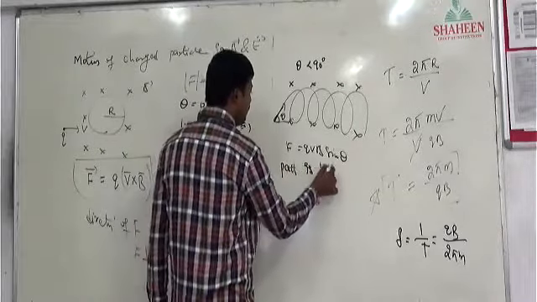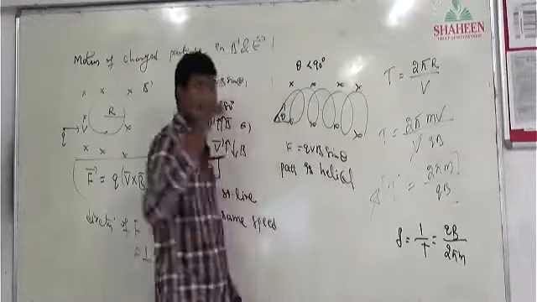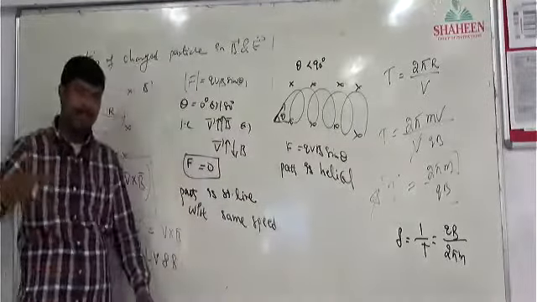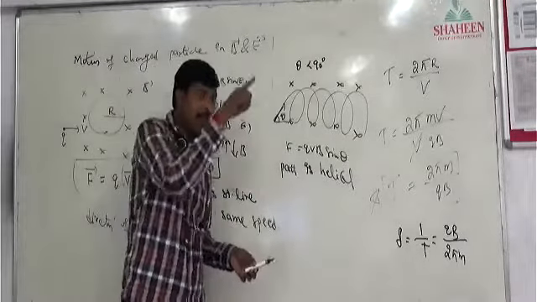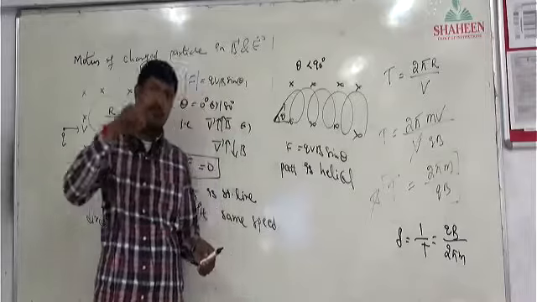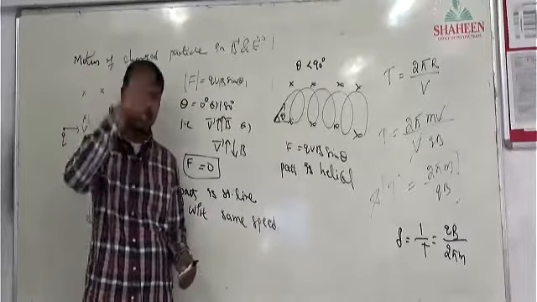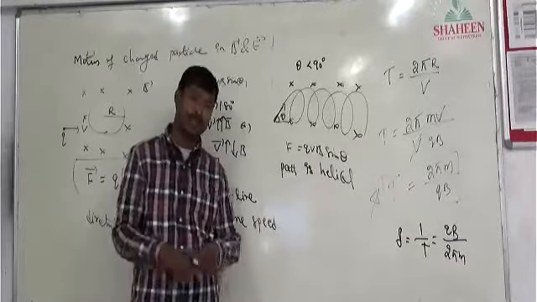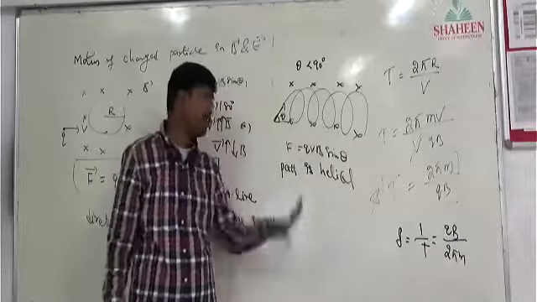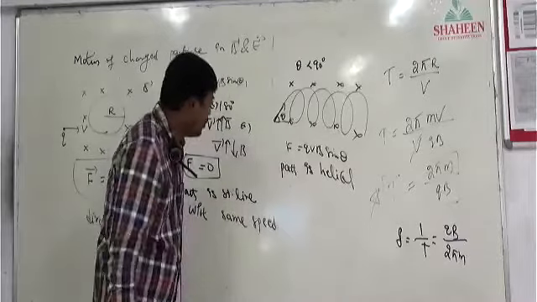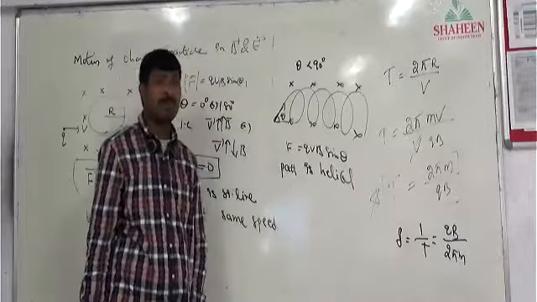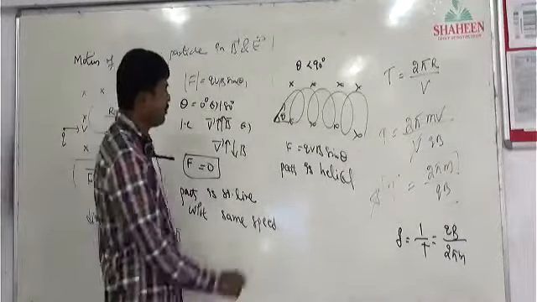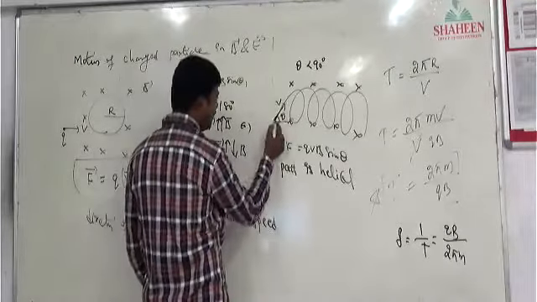Path is helical, meaning spiral shape, meaning doing a circle and moving forward. Both straight line and circle are executed at a time. That is how the helical shape comes. So who is responsible for the circle? Who is responsible for the straight line? So this velocity I can resolve into two components.